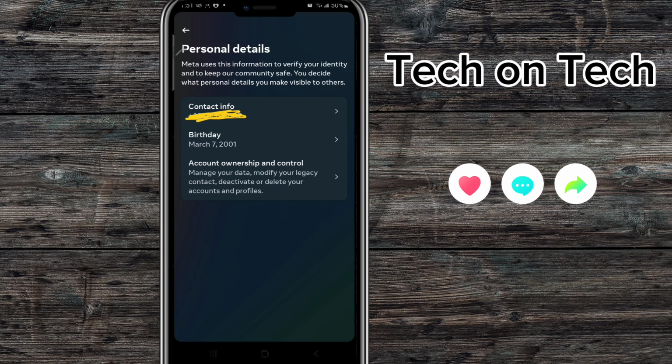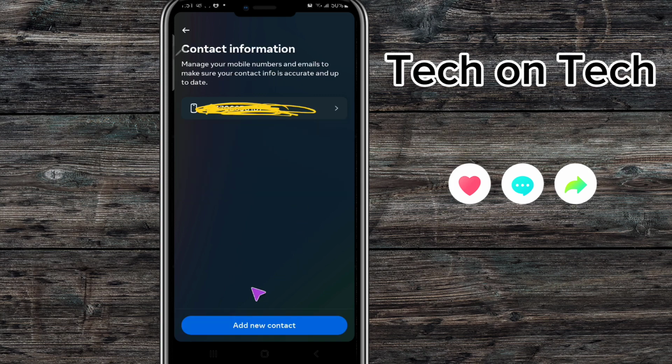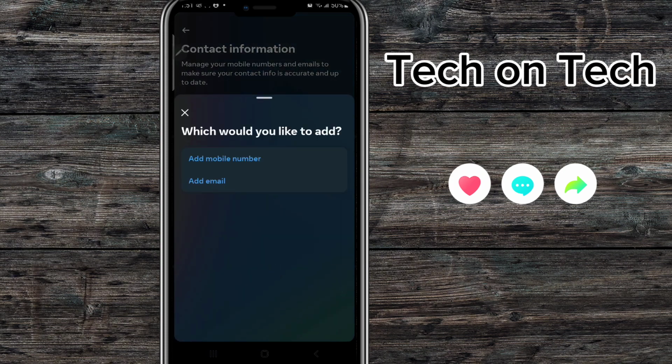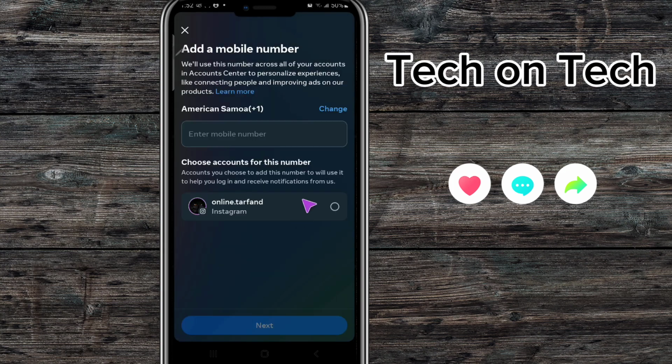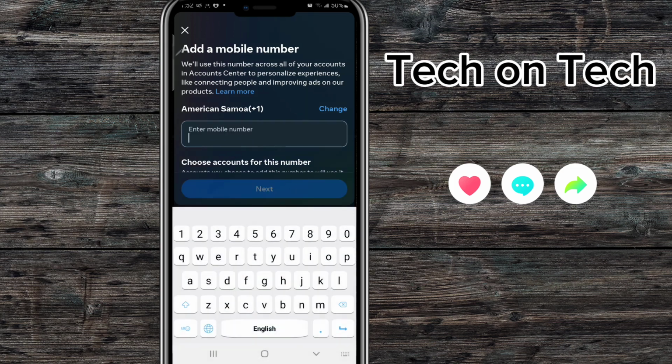If you want to change your number, click here. Click add new contact and add mobile number and your email address. Okay, add mobile number. Okay, enter mobile number. For example,